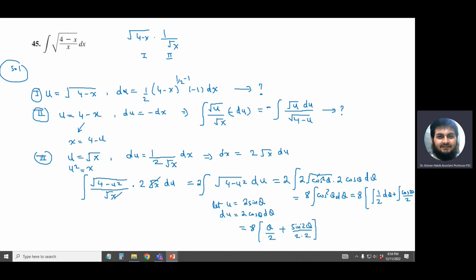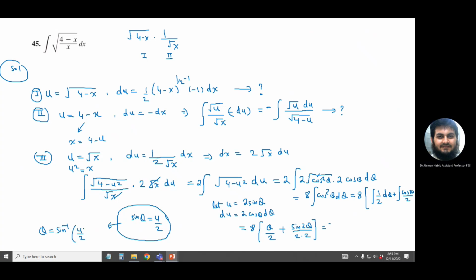That's your final answer. But remember that we did the substitution of u equals 2 sine of theta, not u equals 2 sine 2 theta. So we know what the sine theta is. We know that sine theta is u over 2. But we have no clue about this sine 2 theta. So let's break it down. From here, theta becomes sine inverse of u over 2. So we have to do this substitution again. That means this will become sine inverse of u over 2 divided by 2, plus sine 2 theta equals to,